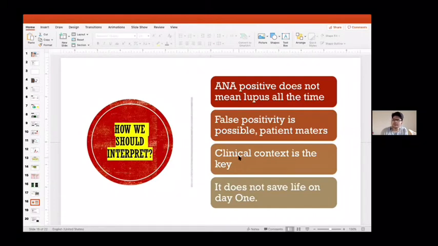So you always interpret the test after taking a clinical history. I am a completely asymptomatic guy who doesn't have any autoimmune clinical manifestation. So first thing, they should not have done my ANA. And if they have done even, we should not give too much importance to that part. It is not going to detect it early. ANA is not a screening test for a general population. It may be a screening test for lupus. This is a very important thing to understand.